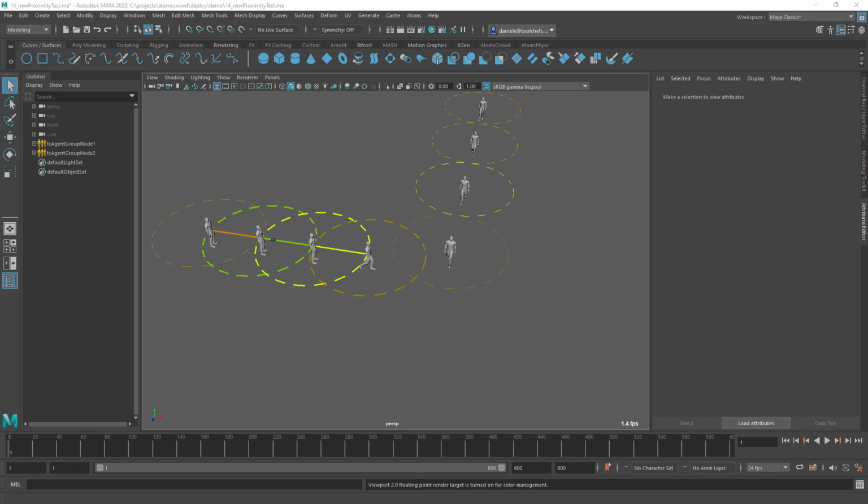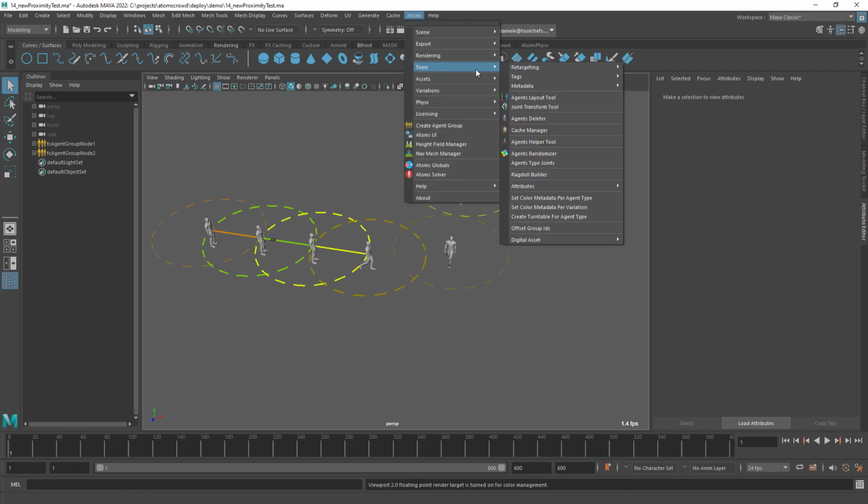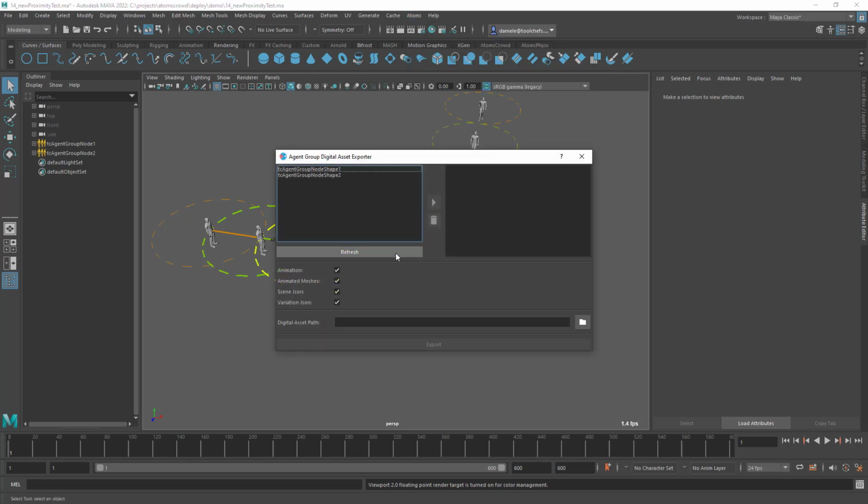So we're going to have a look at some of the demo scenes that we ship with Atoms, to see all the features that we provide with the new digital asset exporter and importers. So here I have the scene. This is the proximity test scene. I'm going to go under Atoms and then Tools and then Digital Asset, and then I'm going to click on the Exporter. So this UI will show up, and in here you have